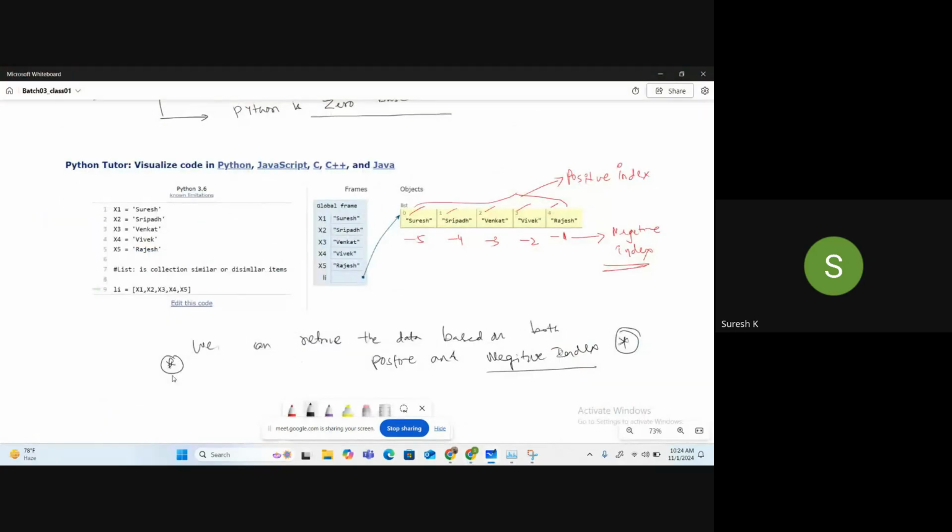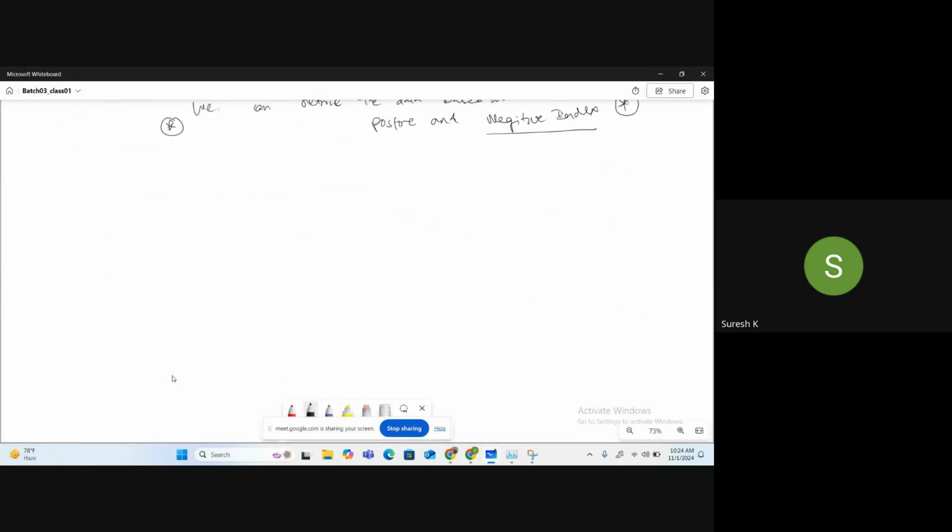While selecting, we have two options. One is to choose a single variable and the other is to choose multiple variables.